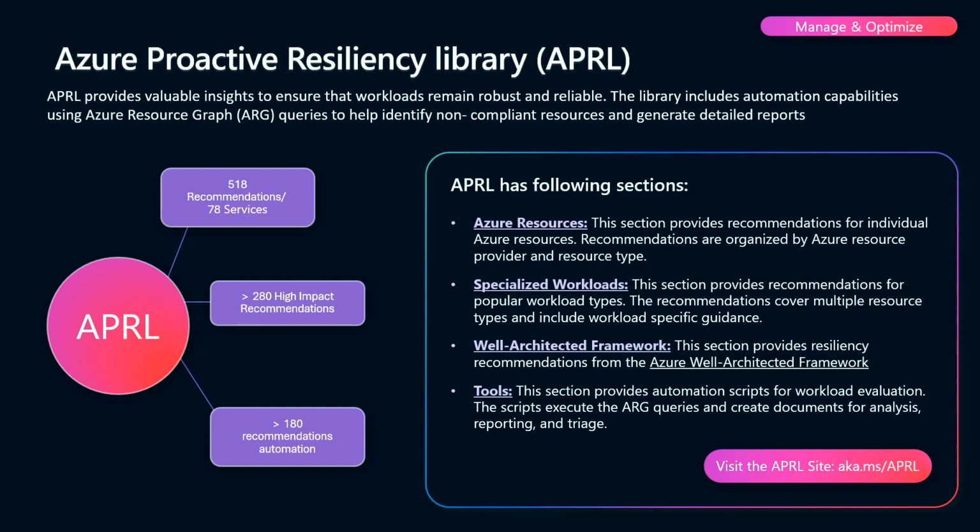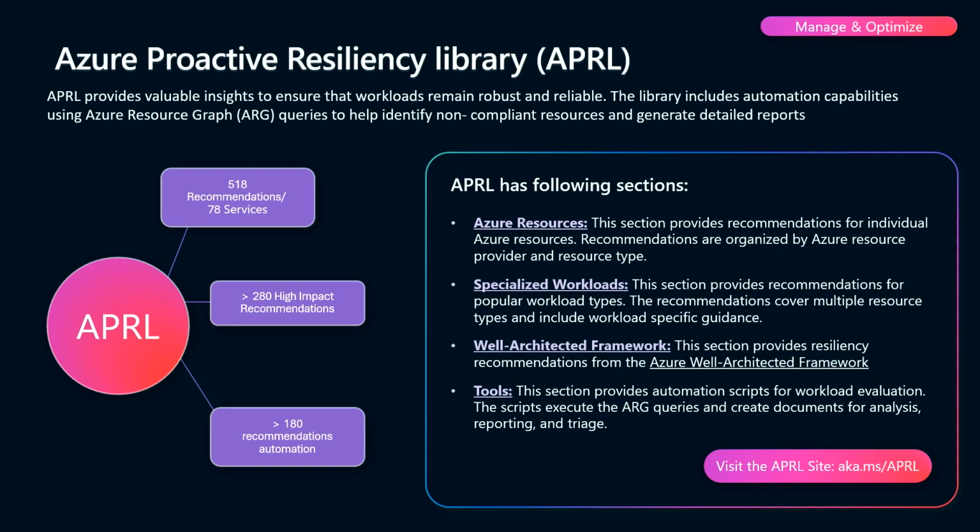We've built a lot of automation for this as well. If you look at a lot of the recommendations, you'll see there is actually an Azure Resource Graph query available for you. That helps you action the guidance, like utilizing zones or whatever the resiliency recommendation is. You run that query and it says, okay, this resource is adhering to this one, but it found this one over here that you need to address. We wrote some scripting to go along with it. We're going to demo it tomorrow, where you can run a script against a subscription. You can scope that to a resource group, and it also supports tags.